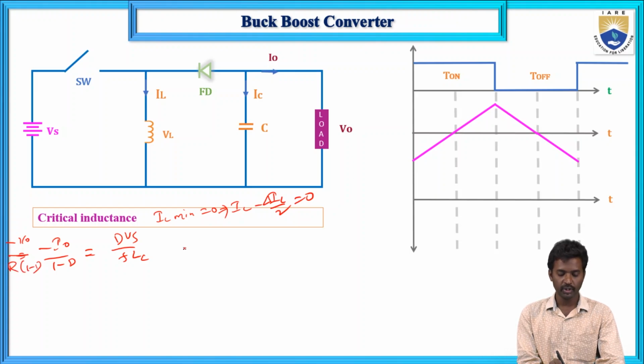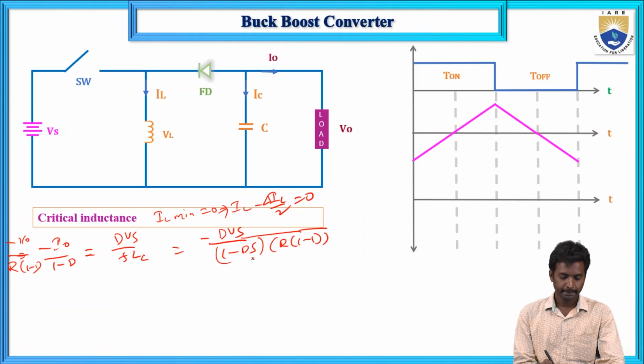So now here V naught equals to minus D into Vs divided by 1 minus D, into R into 1 minus D. So now here 1 minus D, this is the V naught. So now here this D Vs gets cancelled, and this LC equals to this, R is here. So now this LC equals to